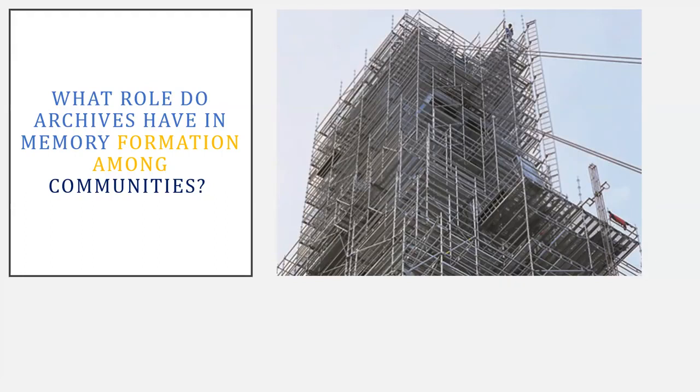So it can either be a situation where archives don't collect records related to communities because they just don't consider them important, or they don't even think to seek out records related to different communities in society, or they do collect records, but the record-keeping decisions that they make surrounding these records result in a picture of a community that is inaccurate and may even be harmful. So for instance, if archives collect records of a community and say they